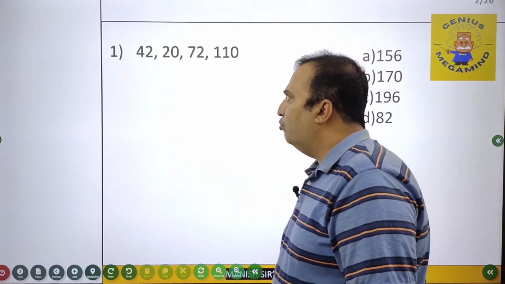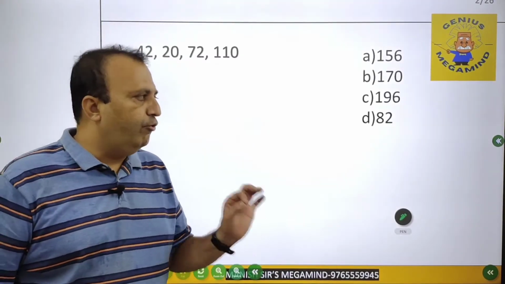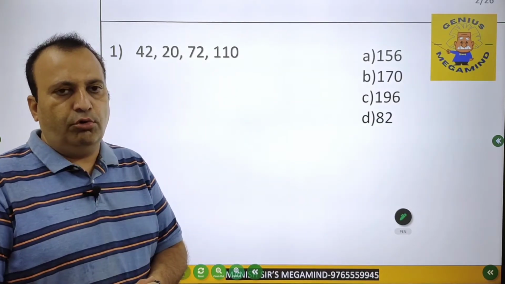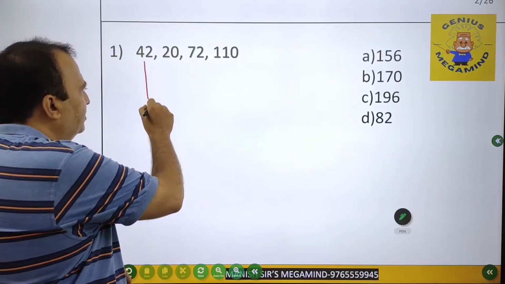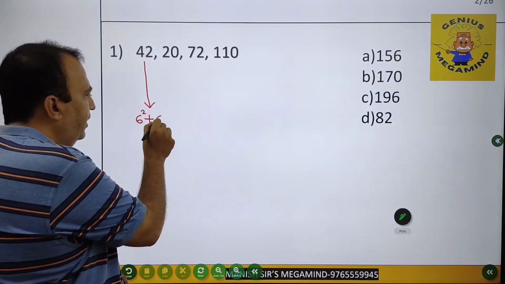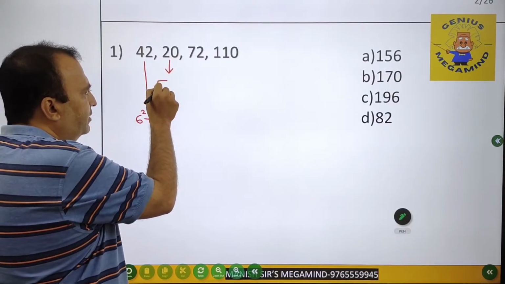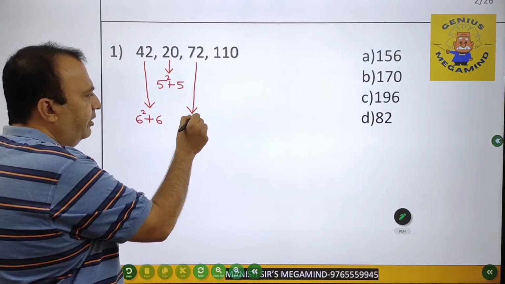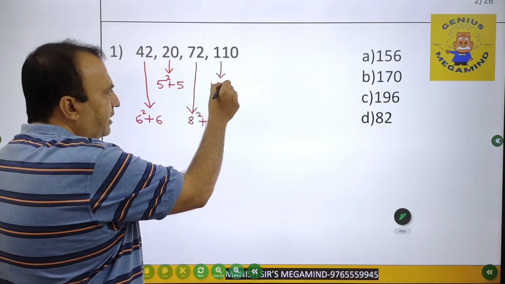There are 4 numbers which are given over here: 42, 20, 72 and 110. As I told you, these 4 numbers are going to follow a same rule. Now I told you, you have to know the squares and cubes from 1 to 20. Now if I check out 42, can I write 42 as 6 square plus 6? Okay. Now 20 can be written as 5 square plus 5. And 72 can be written as 8 square plus 8, and 110 can also be written as 10 square